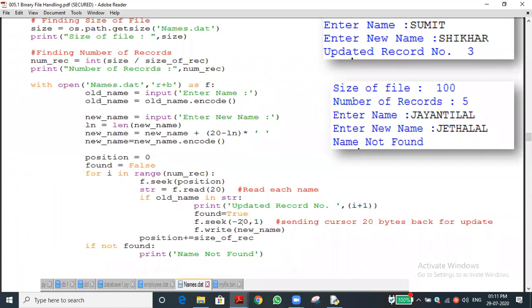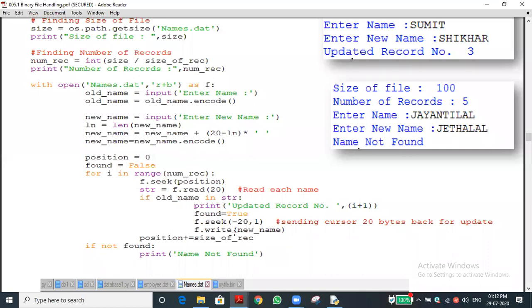The pointer will travel to the 20th position, toward the negative side, that is the reverse side. So previous 20 characters, if you want to travel in reverse, as Gautam said, the pointer will now be in the 20th position. Have you understood, Harit?